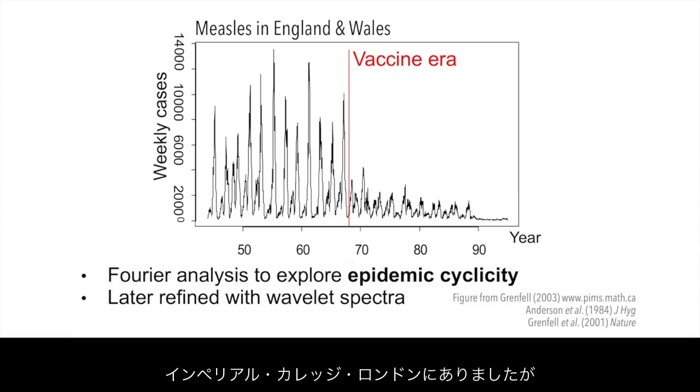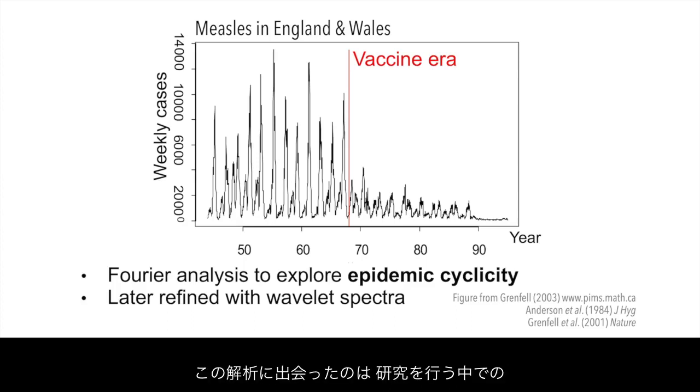At that time, I was based at Imperial College London and had access to summary measles data for England and Wales. But when I moved to the University of Cambridge some years later, I discovered, much to my delight, that the England and Wales measles data was available in its entirety in the university library there. The full data set, which I and my research group digitized, was a great resource for subsequent modeling. Once we had these detailed data, we were able to adapt more sophisticated time series methods, notably wavelet spectra, to describe changes in epidemic cyclicity in space and time.